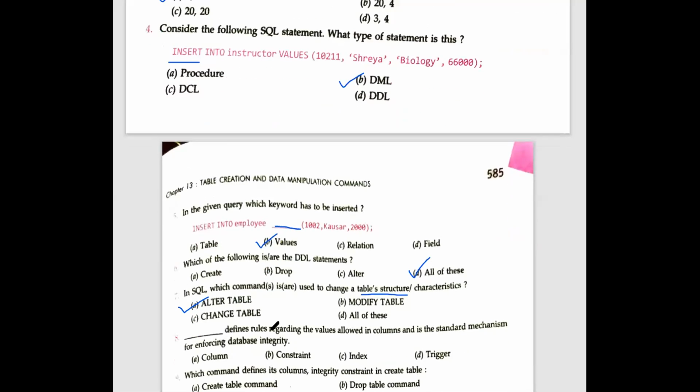Okay. Dash defines rules regarding the values allowed in columns and a standard mechanism for enforcing database integrity. Anshika correct.